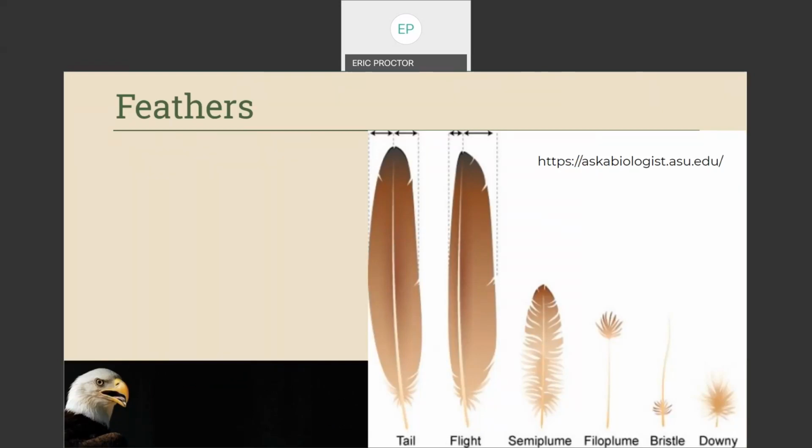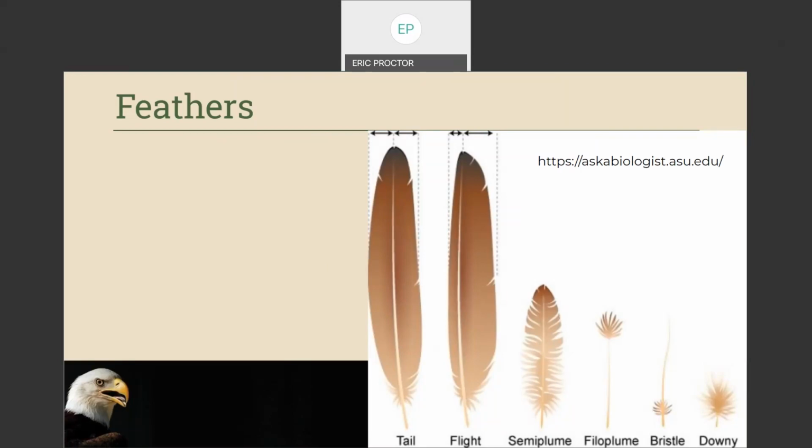Looking at the image, you will see that feathers come in many shapes and sizes. The types we see the most often are the tail and flight feathers, also called veined or contour feathers. At first look, they may seem the same, but they are actually different. Tail feathers are balanced to the left and to the right of center, so they're almost symmetrical. Tail feathers help the birds steer, and that symmetry helps with that. Flight feathers, on the other hand, have a wider and narrower side. This makes them better for flying because they can cut through the air with very little resistance.